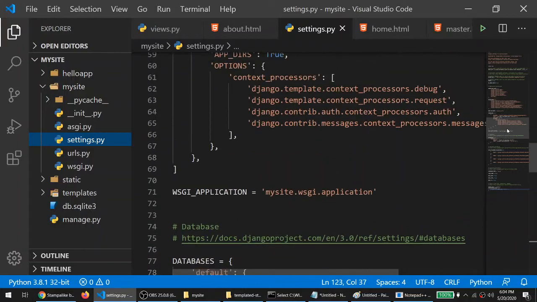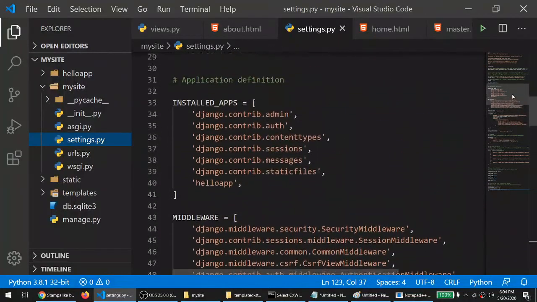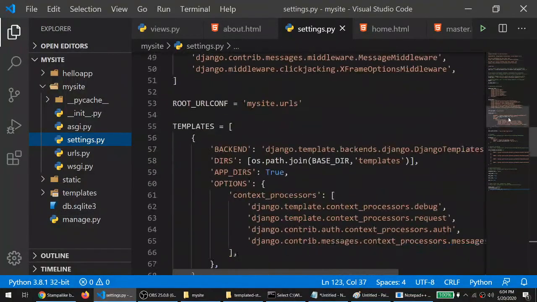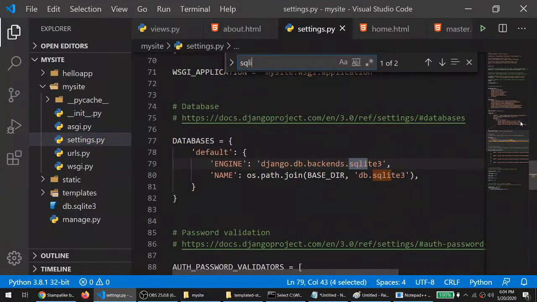You can see it in the settings file with Control F, SQLite. Here you can see by default the database engine is SQLite 3. But if you want to change to MySQL, then you can simply change it and import all the database into your MySQL database. Okay, so as of now we will use SQLite 3.